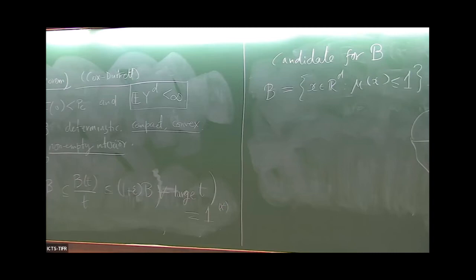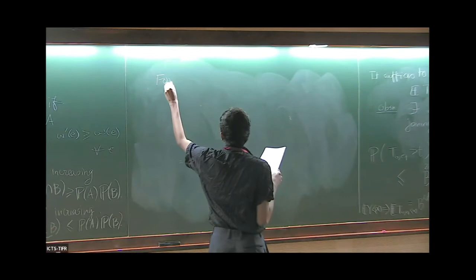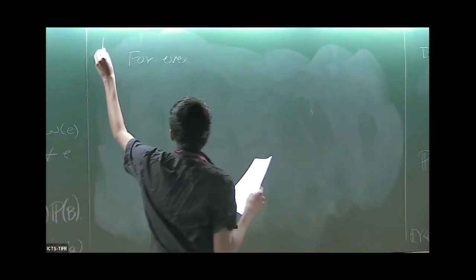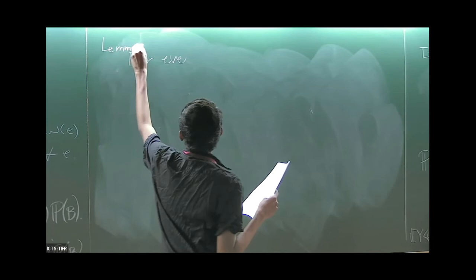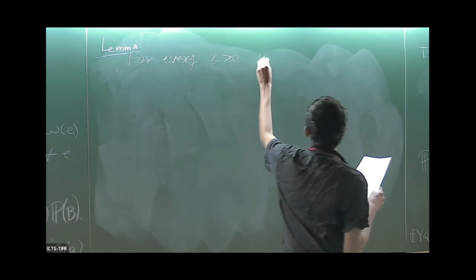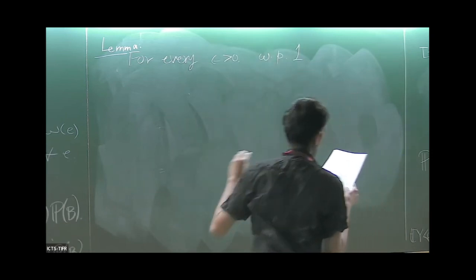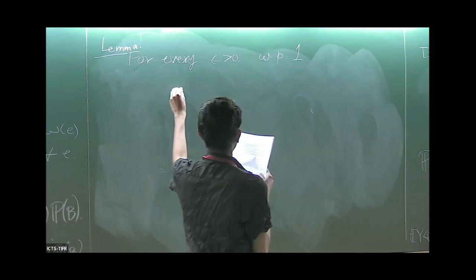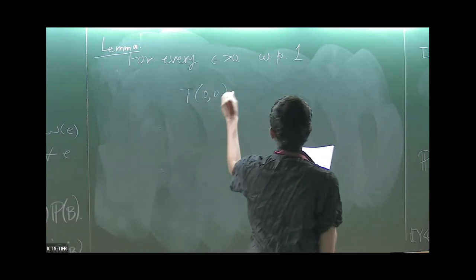So we have to somehow transfer that particular statement, that B_t over t contains (1 minus epsilon) times B and is contained in (1 plus epsilon) times B, and translate that into some information about T. So here is the reduction. Let's call it a lemma. For every epsilon bigger than 0, with probability 1, we have